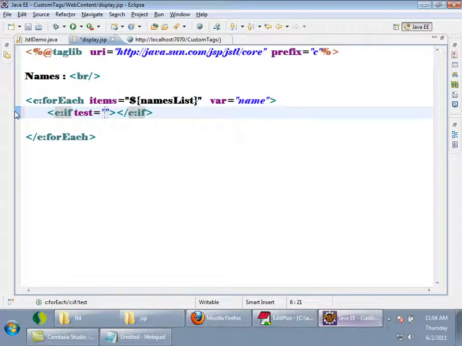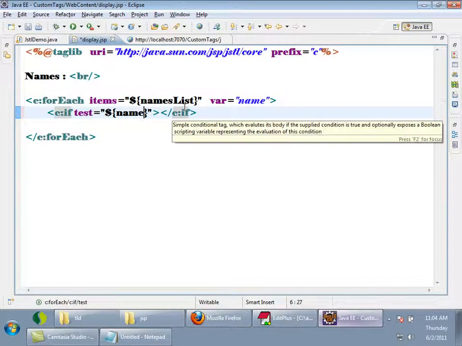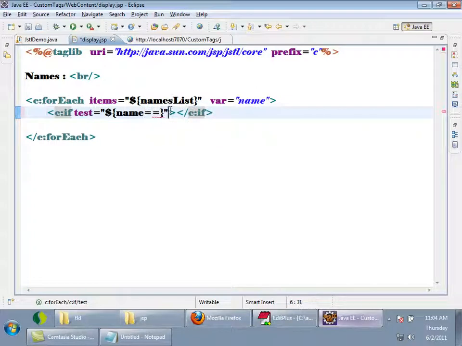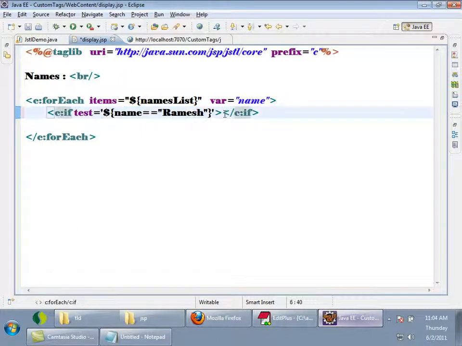Dollar name means this name variable is equal to, okay, here I'll keep it in single quotes, Ramesh. Then only the body of the if should be executed.